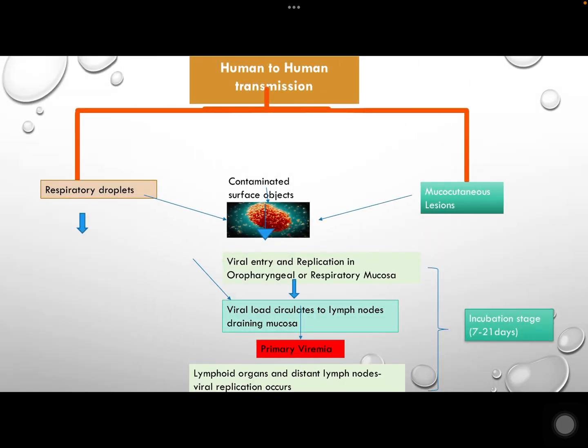The pathogenesis and pathophysiology of monkeypox begins from the transmission of the virus, whether it may be human to human transmission or animal to human transmission. The most common cause of human to human transmission, as rare as it is considered, is respiratory droplets. Here in this chart you can see direct contact with contaminated objects or surface and direct contact with mucocutaneous lesions